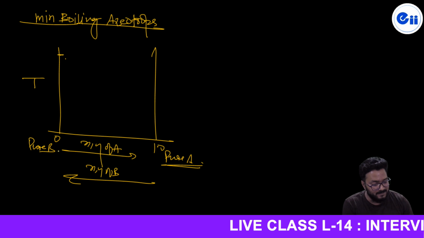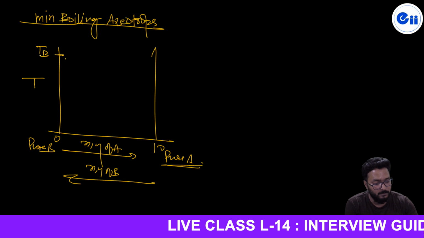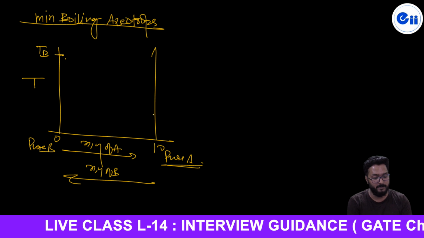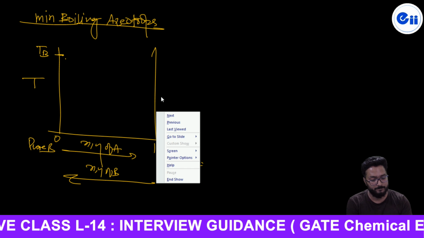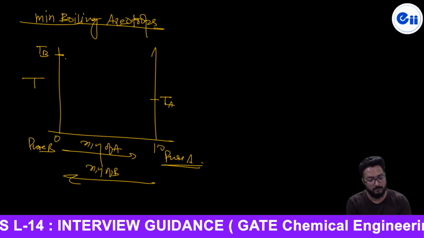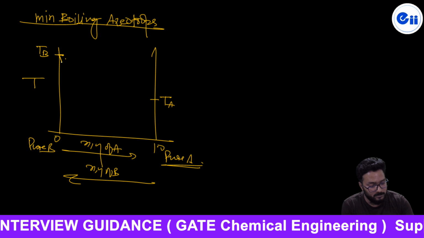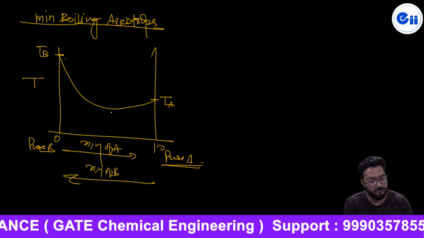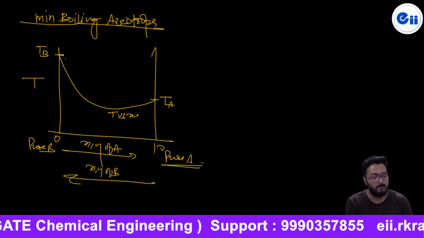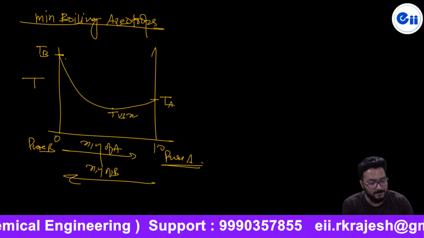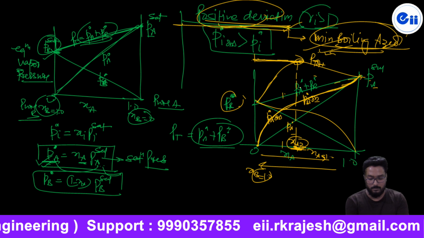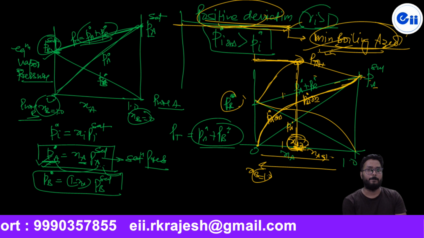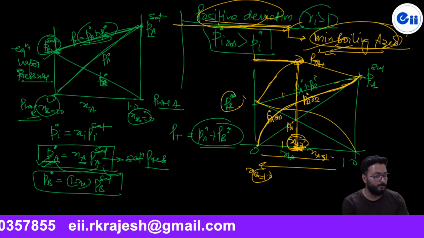My dear student, in this condition at pure B, it is the boiling point of pure B, and since B is heavier, obviously here it is the boiling point of pure B, and here it is the boiling point of pure A. Okay. And as far as the bubble point curve is concerned, it will change like that. Listen. It is T versus x, the bubble point curve. And as I told you, at a certain composition the total vapor pressure is maximum and its boiling point will be minimum.